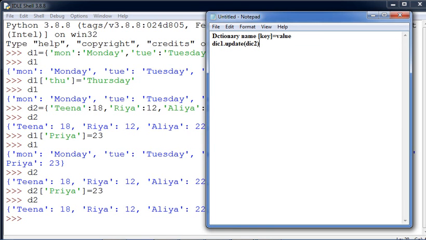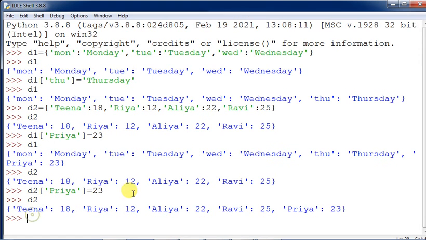This particular thing will help you update a dictionary, meaning it will merge a dictionary in fact. Now let us come over here to merge d1 and d2 together. d1 dot update d2 means you are updating the d1 dictionary with the keys and values of d2. So this command is to be given: d1 dot update d2.